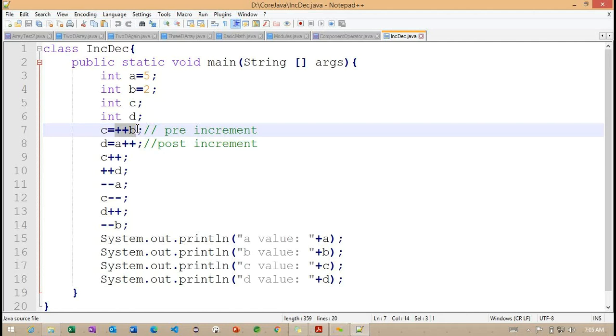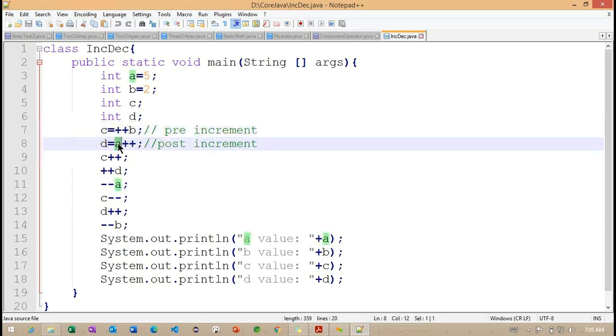We only need to understand here that for pre-increment, the value increases first, and with the incremented value, it performs the operation. And in the same way with post-increment, with the existing value it performs the operation, and after completion of the operation, the value increases.